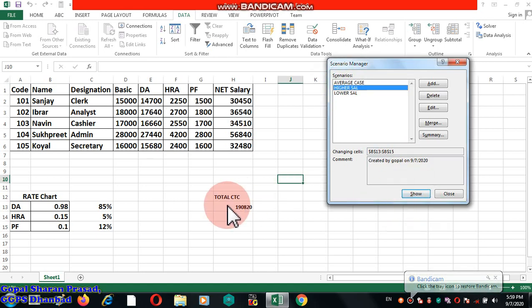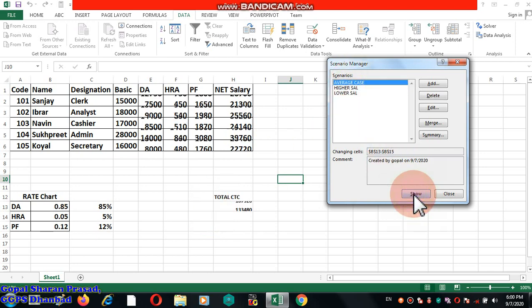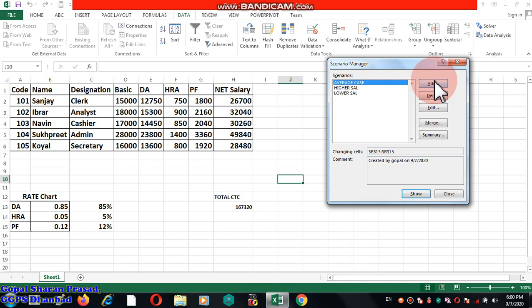So see, there is a change in the salary. Click the lower salary. See, there is a change in the salary. Lower salary the employee is getting. Click the average salary. So you have multiple cases upon which you can see what would be the effect on the expense if there is a change in the rate chart.